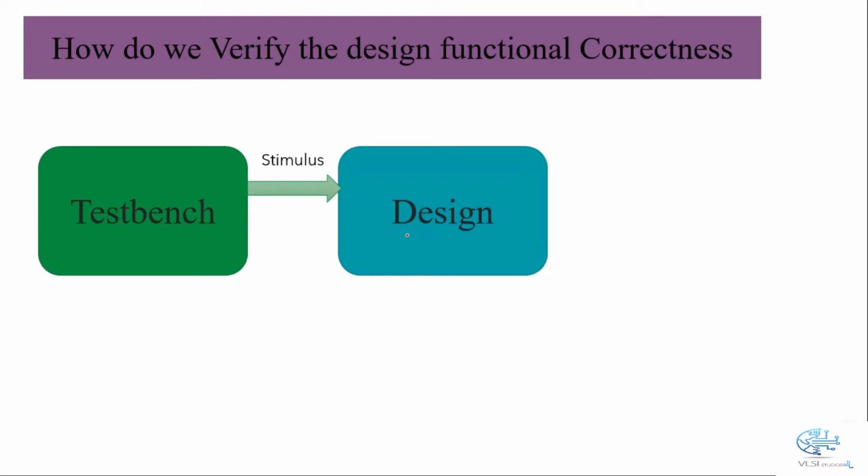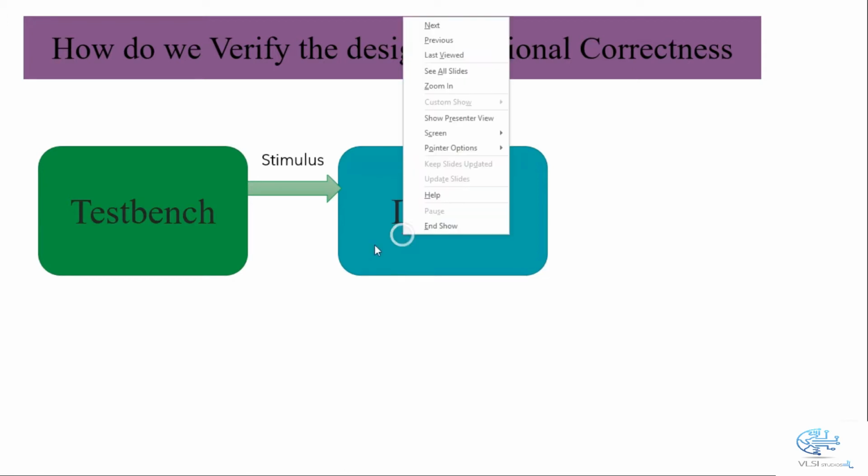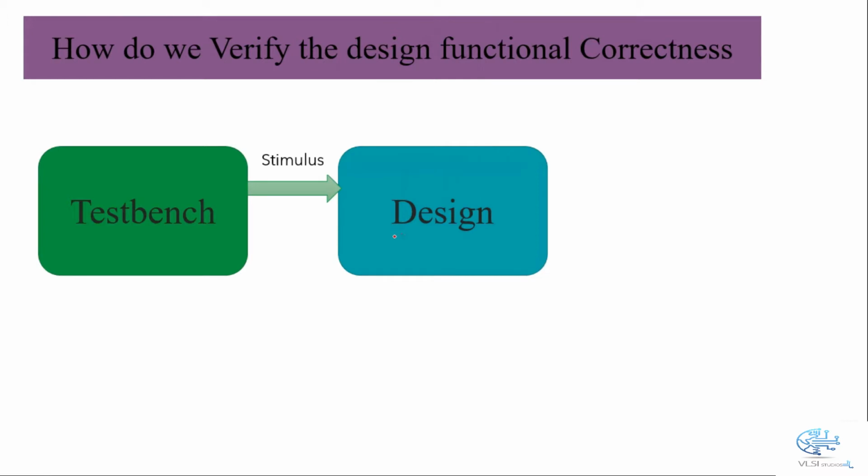So the first thing is, if we are designing our circuit in Verilog, then we have to verify that. For that we need to write our test bench code, which is also in Verilog. The test bench code will apply the stimuli to the design. The stimuli basically means the combination and permutation of the input at different time intervals, and we're going to check the output of the design under test on the test bench part and monitor it. On that basis the user will get an idea about the correctness of our design.